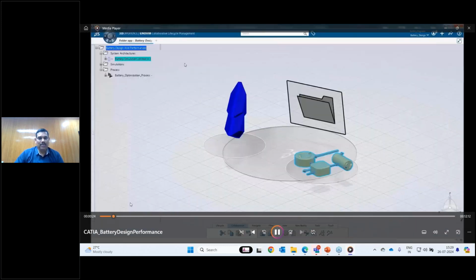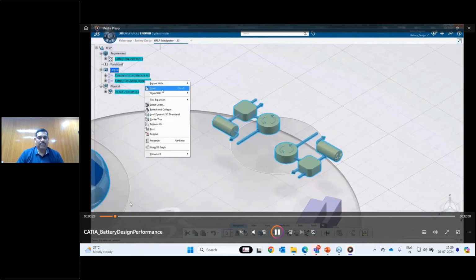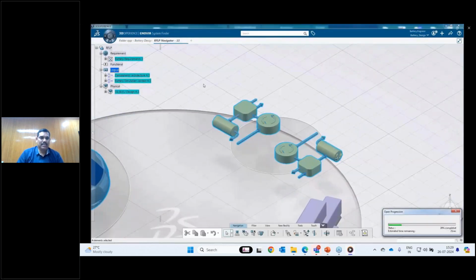So in this example, first we look at the RFLP approach. We need to look at the battery requirements, the logical definition, again at the functional requirements at the vehicle level, and we need to look at how many battery cells are needed to create a battery pack, again whether it is in a parallel mode or series mode. So we will open that and see, based on the total chassis module length, we are able to define the